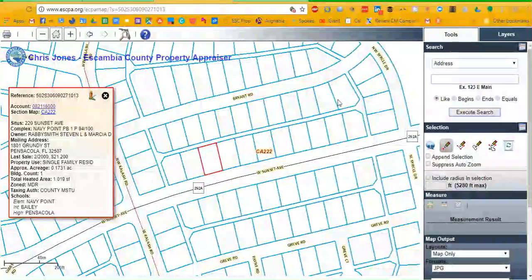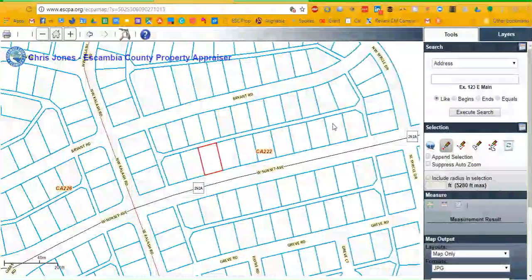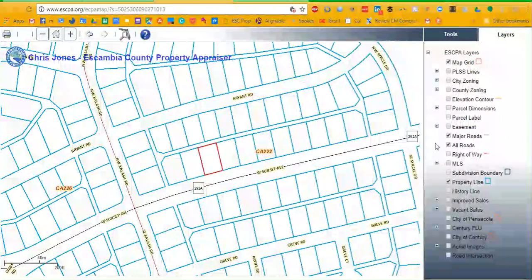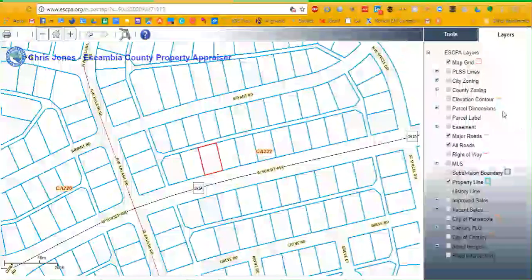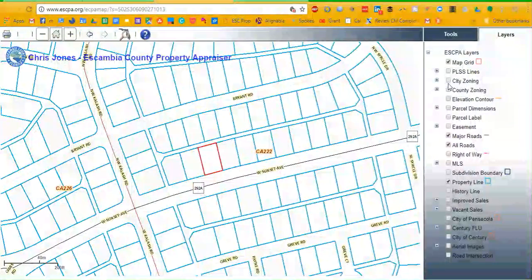So what I wanted to get to today, though, was more than just these maps and how to look at properties, but the different layers and the significance behind them. So we're looking at a map grid right here, obviously, but you can look at city zoning where different things in the city have been zoned commercial or high density residential or medium density residential, whatever the case might be. Your easements, if you click on easement,